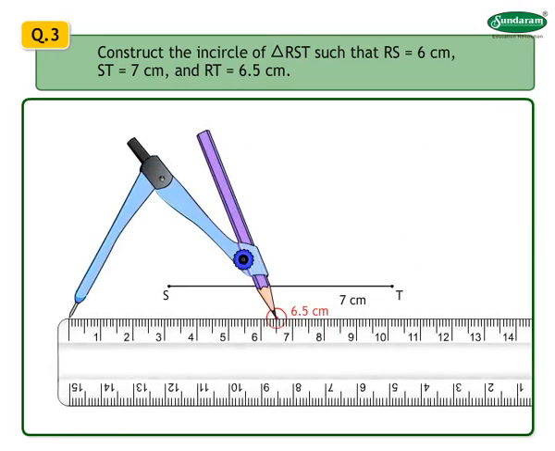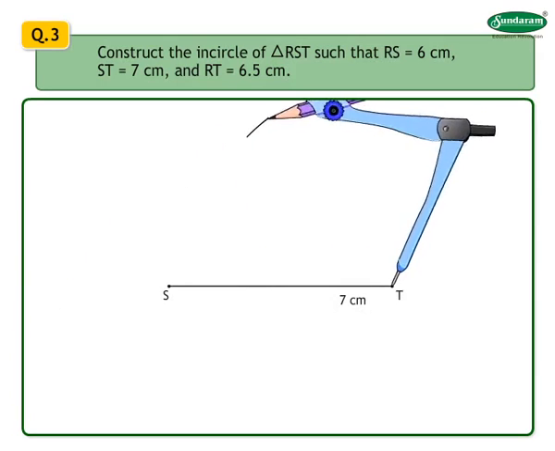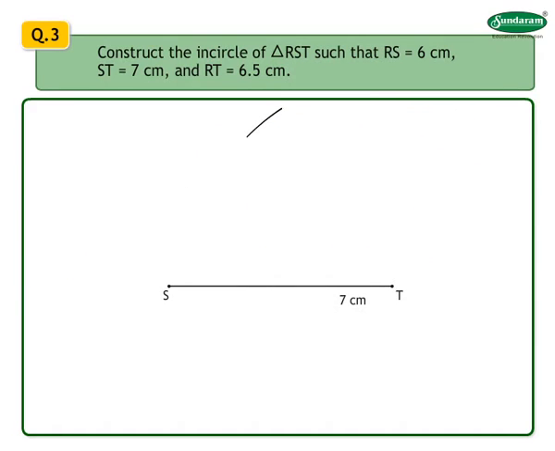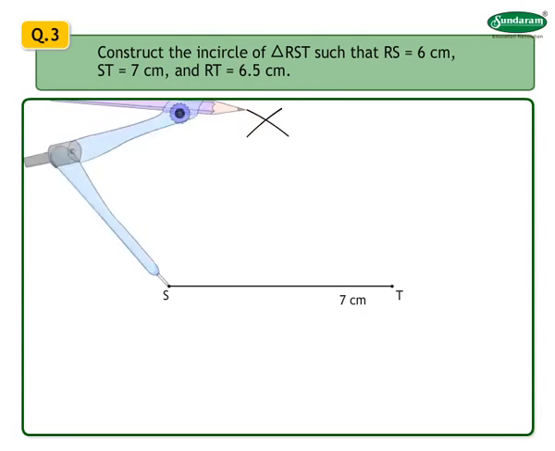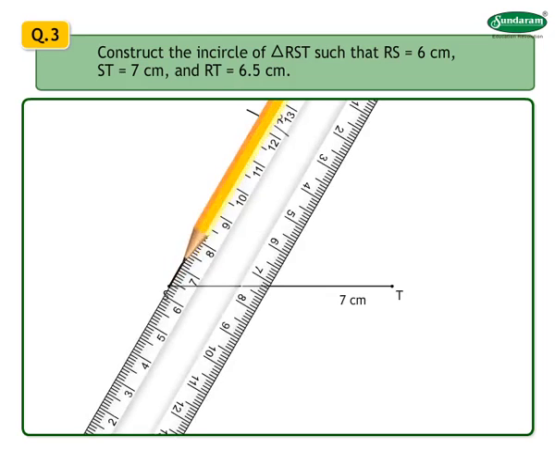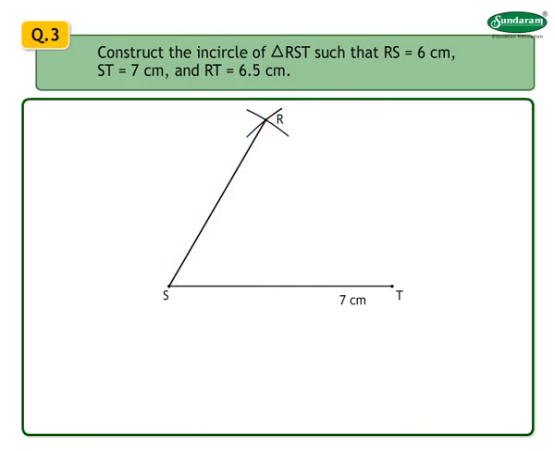Now, draw an arc from point T of length 6.5 centimeters. Now, again draw an arc from point S of length 6 centimeters and mark that point as R. Join RS. Also draw segment RT. You get the required triangle